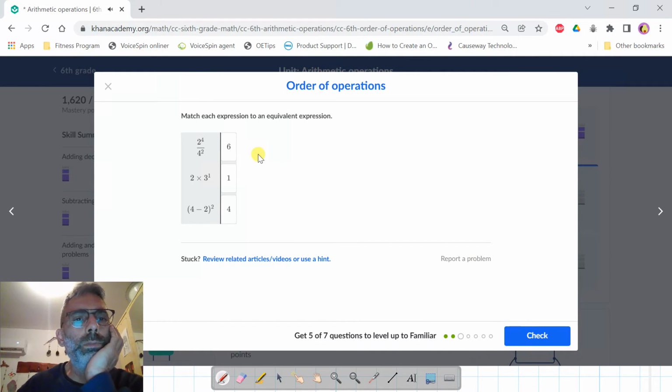Okay, match each expression to an equivalent expression. So 3 to the power 1 is 3. 2 times 3 is 6. Okay. Here the parentheses I need to evaluate first. So 4 minus 2 is 2. 2 squared is 4. So here 2